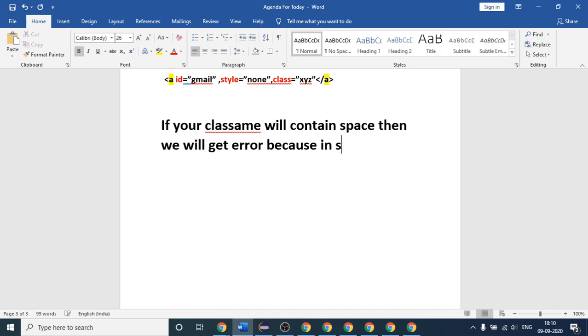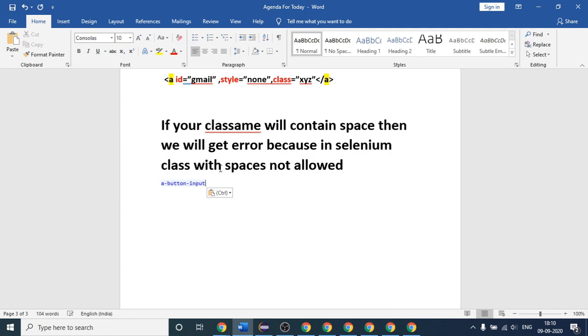In Selenium, if you write a class name with spaces, it is not allowed.